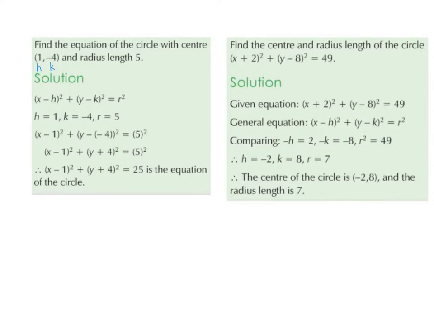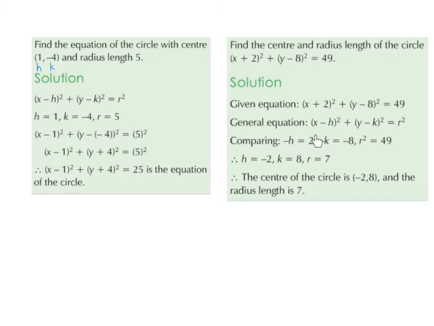In our next example, we want to find the centre and the radius length of the circle x plus 2 squared plus y minus 8 squared is equal to 49. So our given equation is x plus 2 squared plus y minus 8 squared is equal to 49. And the general equation, so basically our formula that's given to us in our formula books, is x minus h squared plus y minus k squared is equal to r squared. So if we compare the two,